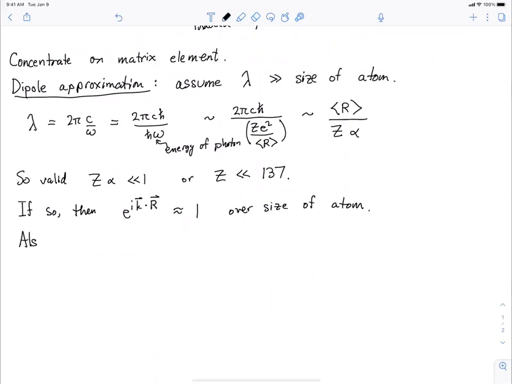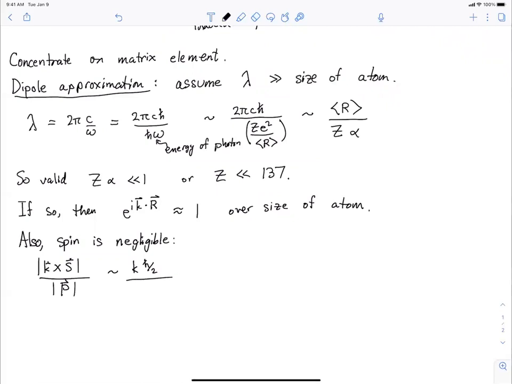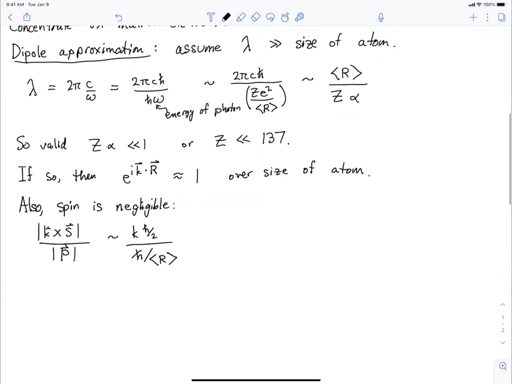Okay, so also spin is negligible. It's not always true, but it's true in our approximation that we're doing right now. And so to understand that, let's consider the relative magnitude of k cross S divided by the momentum, which is the other term. Okay, so that's k times spin, which is h bar over 2 in magnitude. And in the denominator, the typical momentum is h bar over the size of the atom. Okay, and the reason for that is the uncertainty principle,